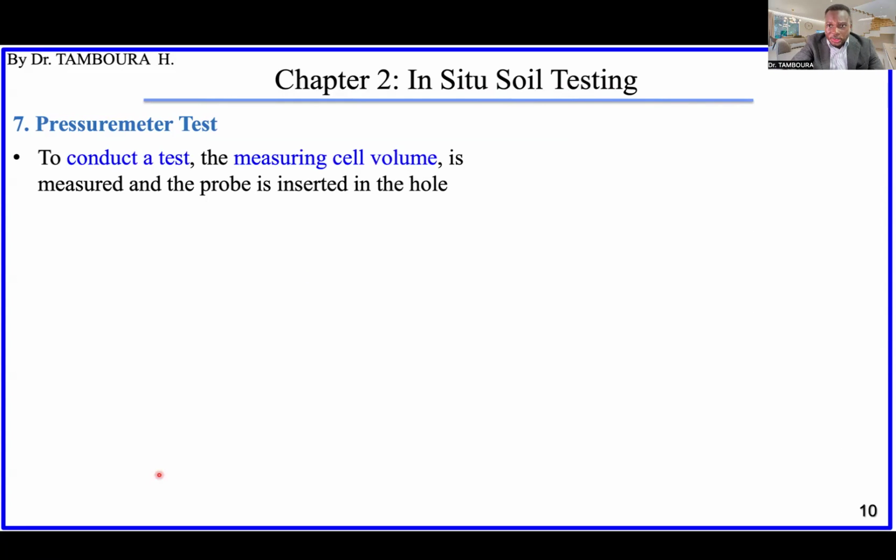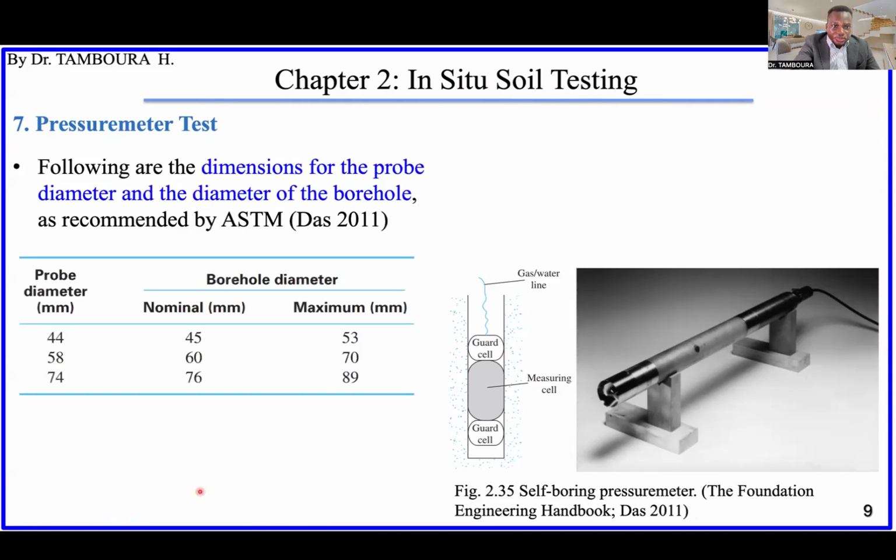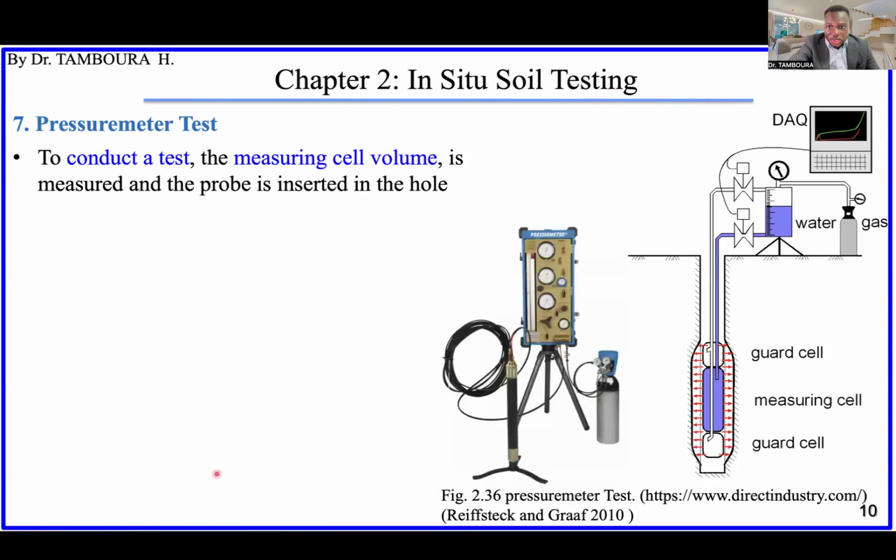So to conduct the test, how does it work exactly? As I explained, we have a measuring cell and it has a volume of about 535 cubic centimeters. This is the initial volume. Okay, let's go back. Here is how the test is conducted. You measure the measuring cell volume, 555 cubic centimeters. That's one example, it's not always the case. But you measure that